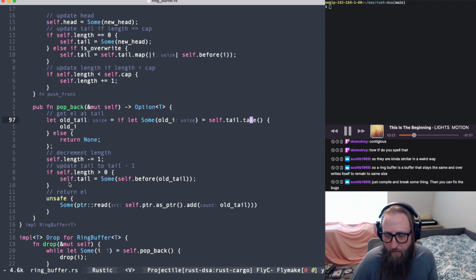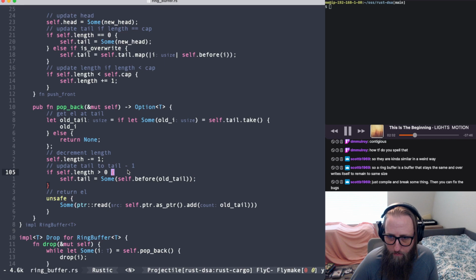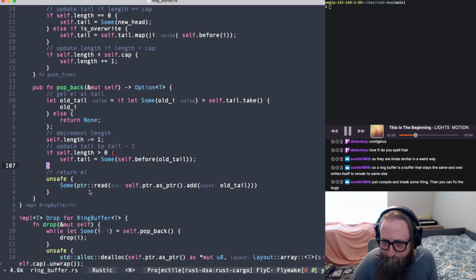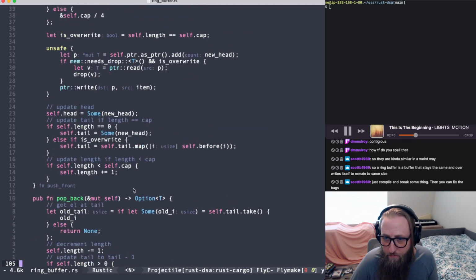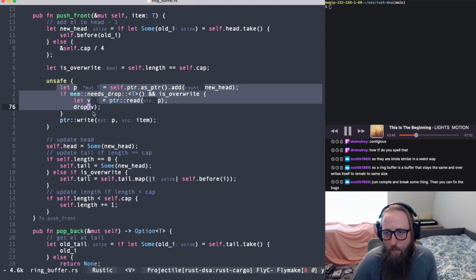And so this is just making sure that I don't end up updating self.tail to a pointer in memory that actually doesn't contain a value that we care about at this point, because we don't have any actual elements allocated. I don't know if I explained that well, but that's that. That was to fix a bug, now that I remember what it was there for. So yeah, just to go back up here and explain this part, this is just the case where the elements